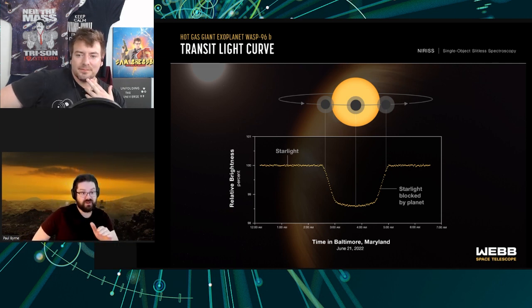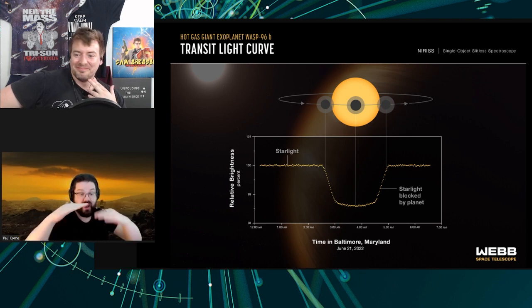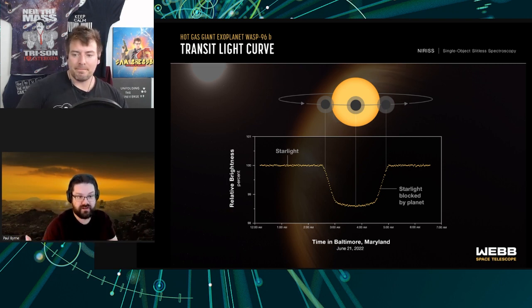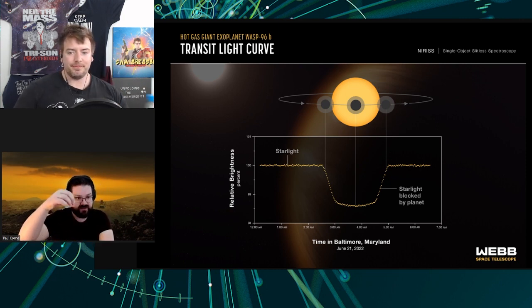For this to work, of course, it has to be aligned as close as possible to edge on for us, which means there are an untold number of systems that are not edge on that have worlds that we can't detect with this method. So our detection methods are still heavily biased towards particular kinds of things. Yeah. But anyway, the point is this thing's moving,